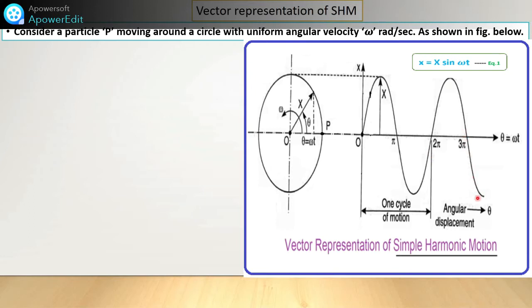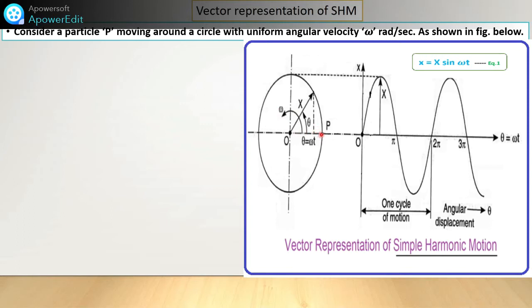It's a motion, and it is represented on this graph. Along the y-axis is the displacement x, and on the horizontal axis is represented the angular distance. It is moving, meaning angular motion, or how much angle it has moved from the mean position or